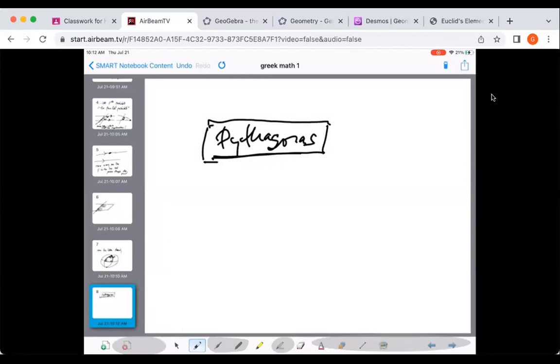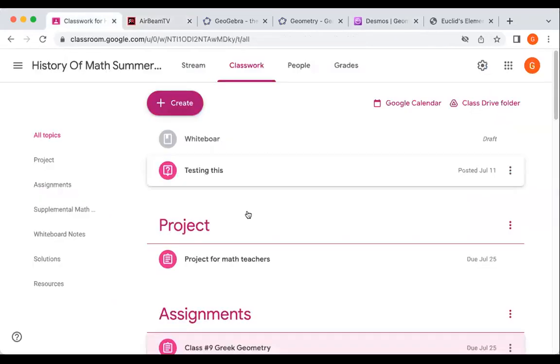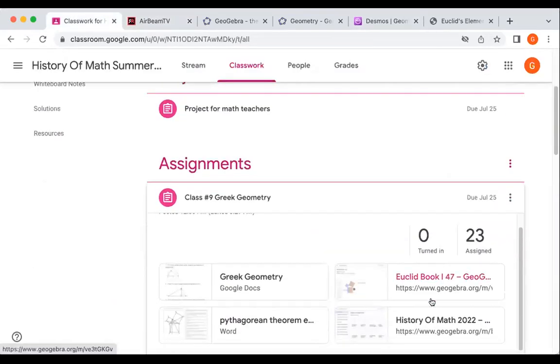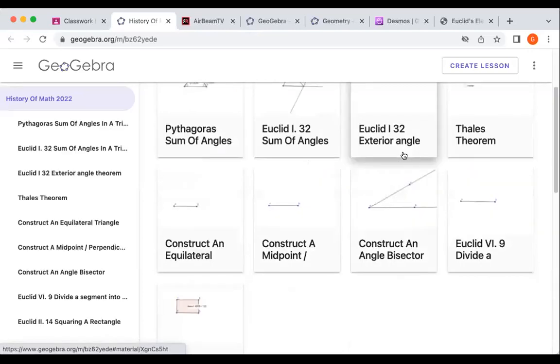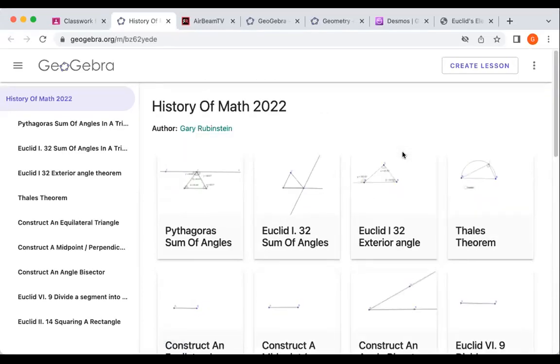Pythagoras' proof goes like this. Actually, I have over here in today's lesson a link that says History of Math 2022. When you click on that, it brings up this page, which has 9 sketches, and you can bring this up on your own computer and follow along that way. Interactive sketches. This is today's lesson. These 9 sketches I'm going to use so you can interact with them. So if I click on Pythagoras sum of angles,